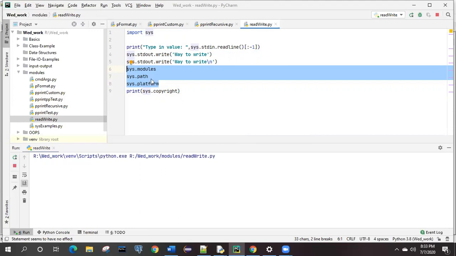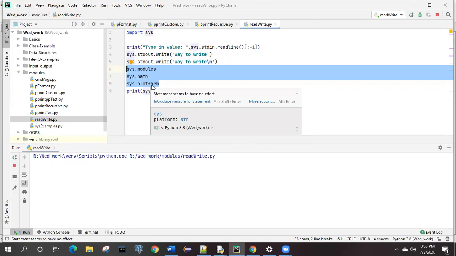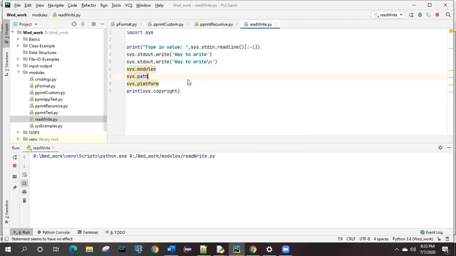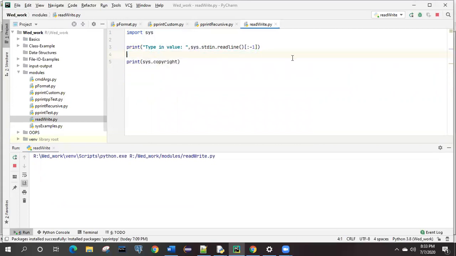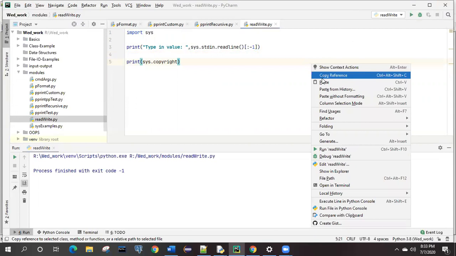It will print like sys.platform. It was printing Windows 32 bit, something like that. Let me remove this. Now we will see. Here it is running. We need to stop it first. See the error code now. We have forcefully stopped it, so it is -1.